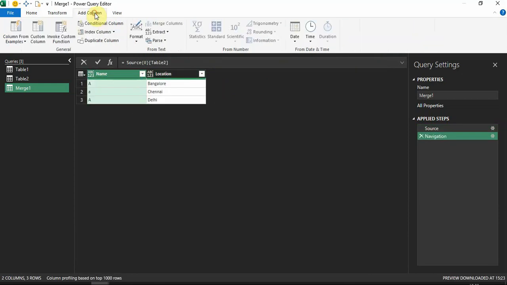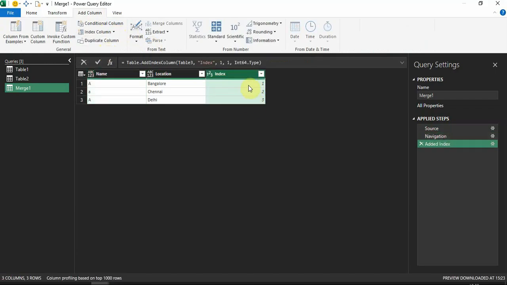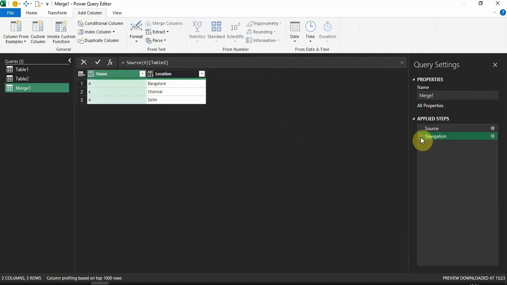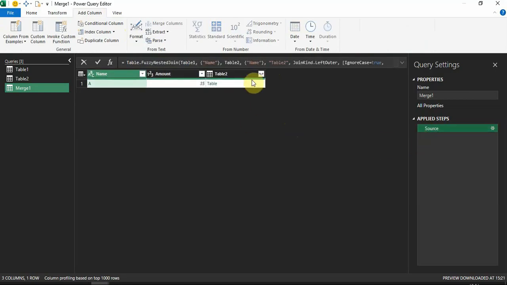now in this I'll say add index column. Yeah, so this is good enough. I get an index column 1 2 3. This means first occurrence, second occurrence, third occurrence. So I'm going to copy this formula. Now I'm going to delete these dummy steps, and now I will say add column and custom column,